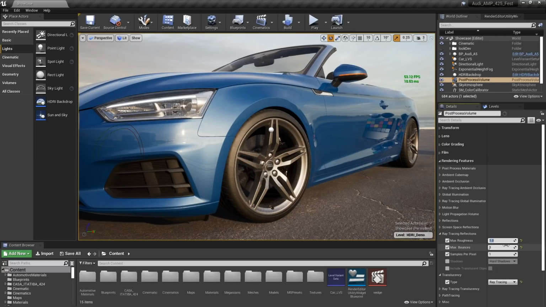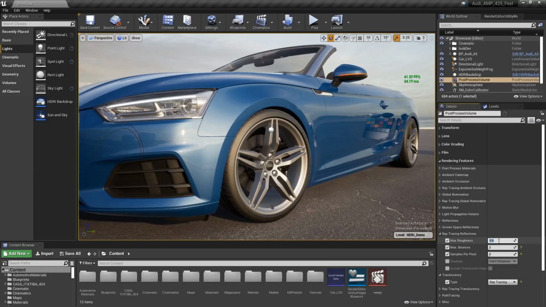And it looks cool. It costs us like 4 milliseconds to do that, but it also introduced some noise. So if you wanted to clean the noise up, you'd have to start to increase your samples. If we go up to 5 samples per pixel, it cleans up the noise a bit, but we're around 40 milliseconds now, right? So that's not good. So let's just drop this back down to 0.6, and let's try to make it look a little bit better with reflection captures.